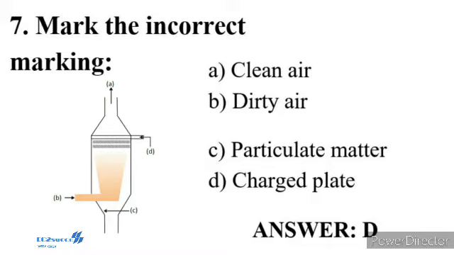According to the Central Pollution Control Board, that is CPCB, particulate size 2.5 micrometers or less in diameter, PM 2.5, are responsible for causing the greatest harm to human health. These fine particulates can be inhaled deep into the lungs, causing breathing and respiratory symptoms, irritation, inflammation, damage to the lungs and premature death. So the correct answer is option D. D is charged plate.